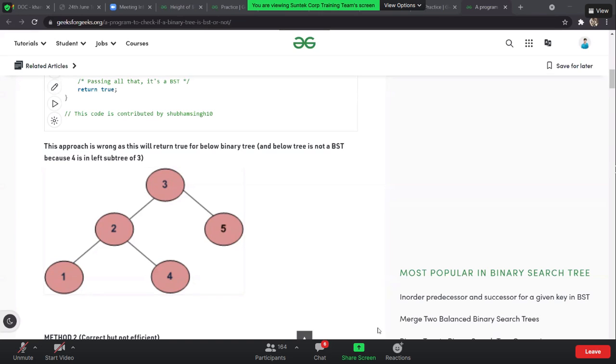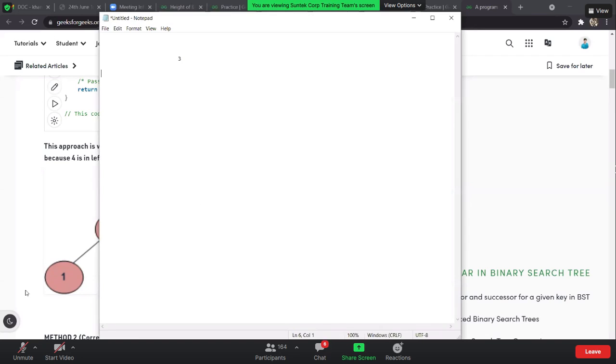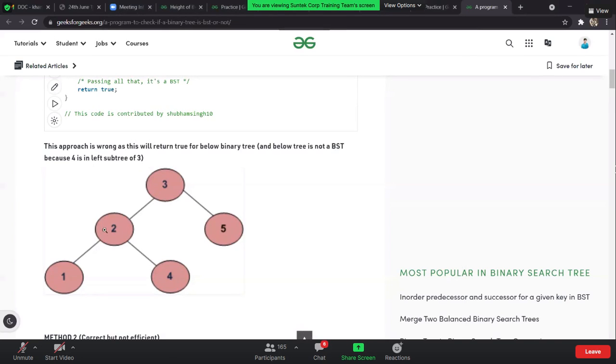So the data present over here should always lie between int minimum value and 3 minus 1, that is 2. It can be equal to that as well, but it cannot be greater than that.